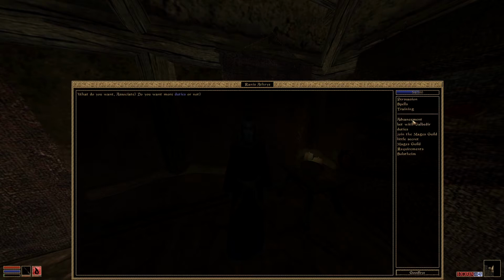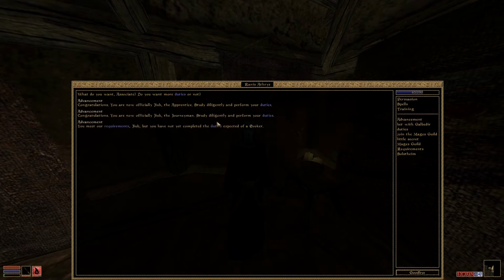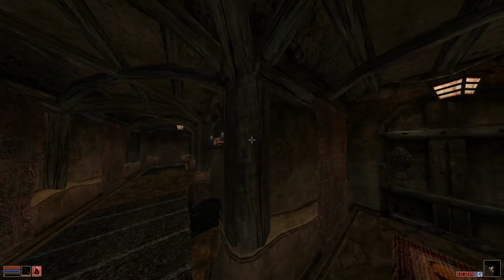Yeah, so... There, we could advance twice because we did 2 quests. So now we're a journeyman, apparently, in the guild. Yeah, but you still don't do any of the things for us that we're needing. So...